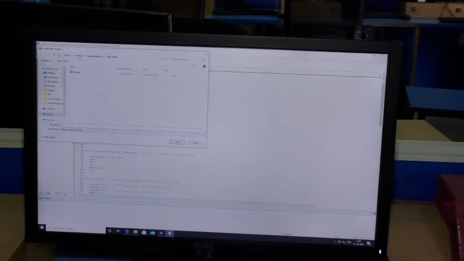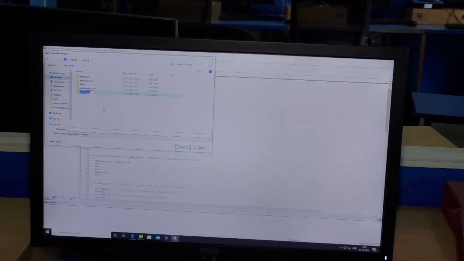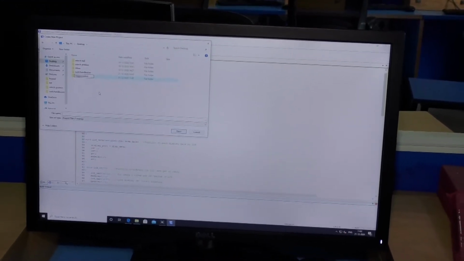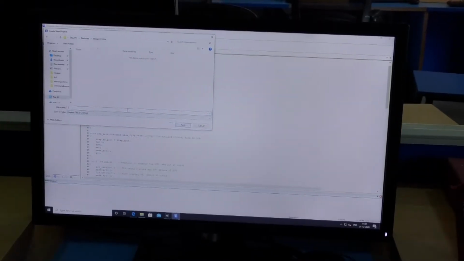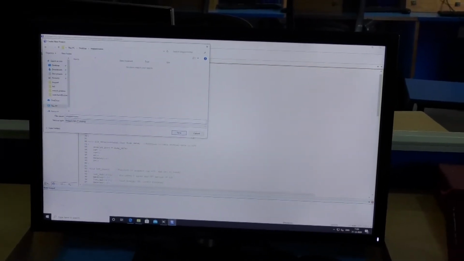Create one folder, give a file name, and click on Save.